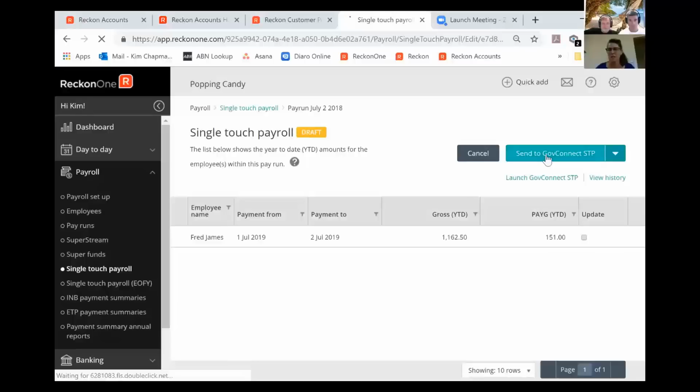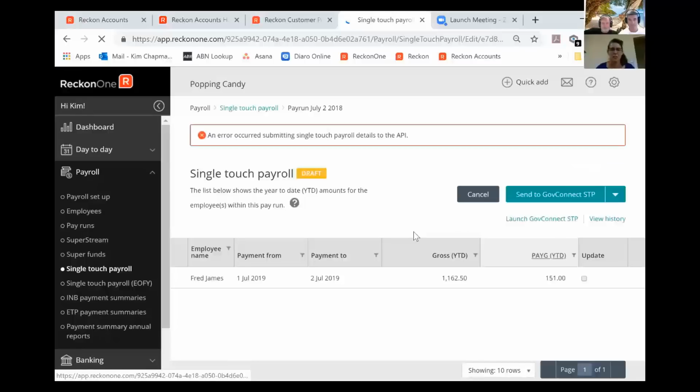So there we go, and then we go send to GovConnect. So that takes that information straight through to GovConnect. And that will prompt you to log in and things like that. So for end of financial year, it's exactly the same, except that we go process single touch payroll. So we click on this one,